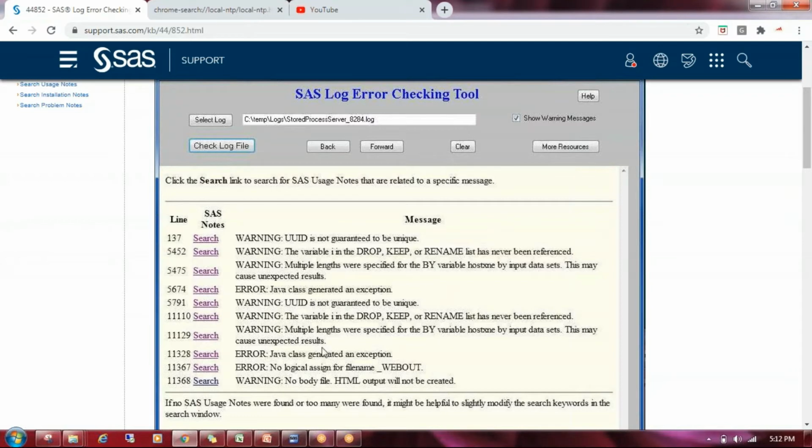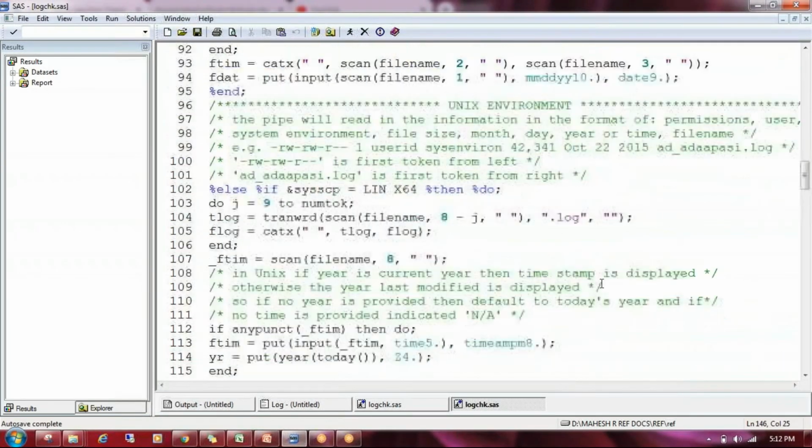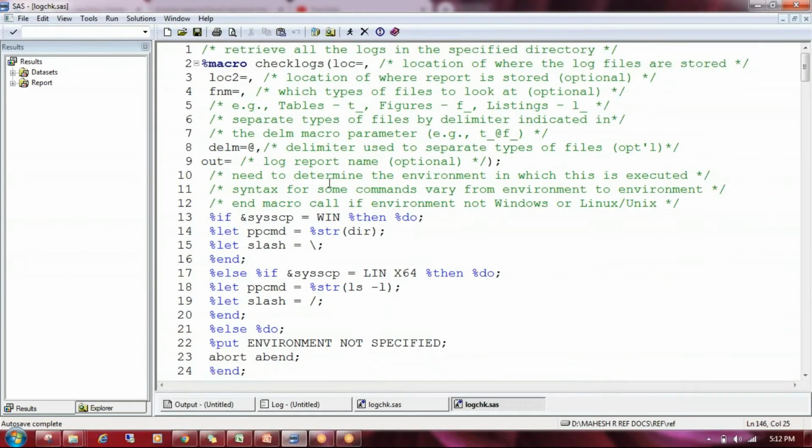But some important notes, this tool does not recognize. To get those important notes, we have a standard macro. Some companies have a standard macro available; this is one of my company's standard macros. Here you can see check log.